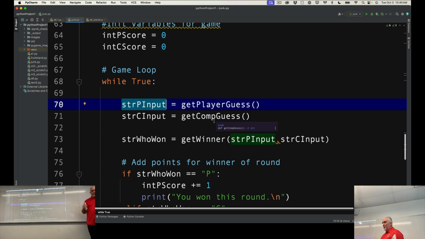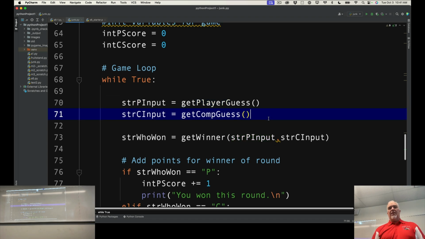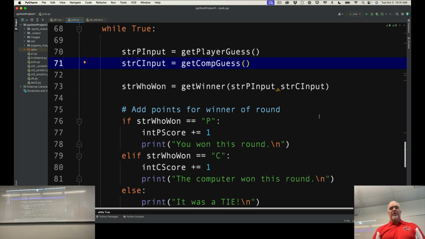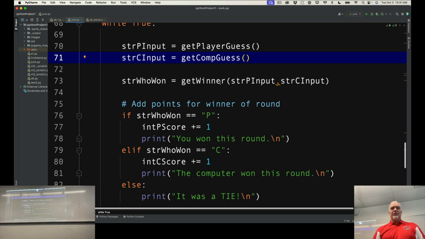Now, if you're thinking, could we put this in here and this in here? The answer is yes. It will have the same effect. It's a little shorter, but I wanted to do it this way because I want people to be paying attention to what these are returning and how we're using them. So I'm taking that and plugging it straight in. You can embed those functions as parameters, and whatever they return will get put in there. But this way it's a little bit